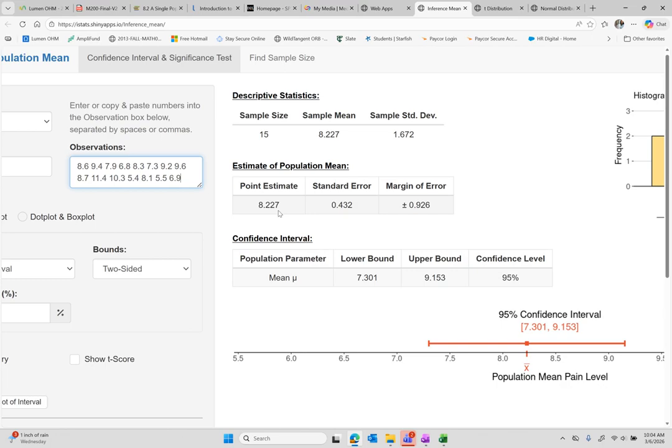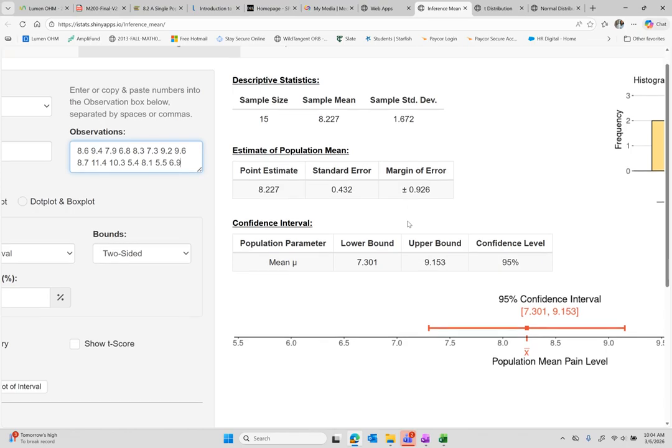What was the point estimate? The point estimate was your sample mean. What is the standard error? It was your sample standard deviation divided by the square root of 15. It calculated the product of those two values to find the margin of error. And then